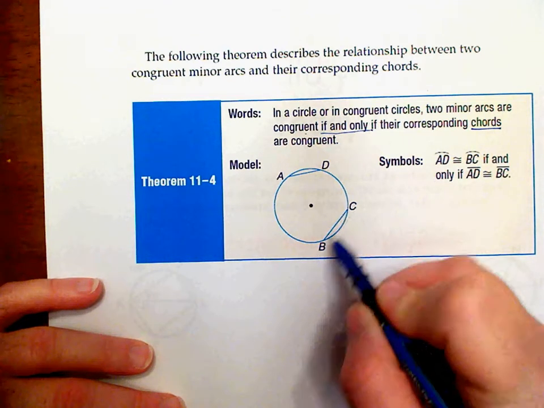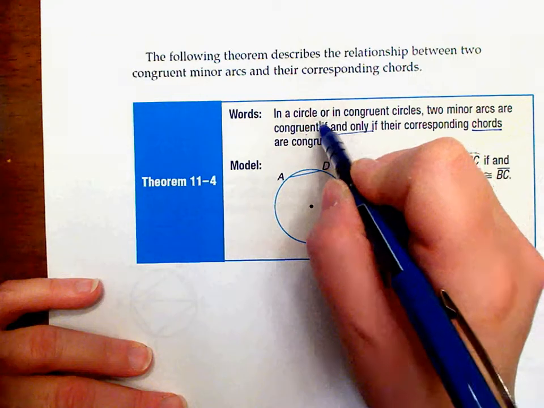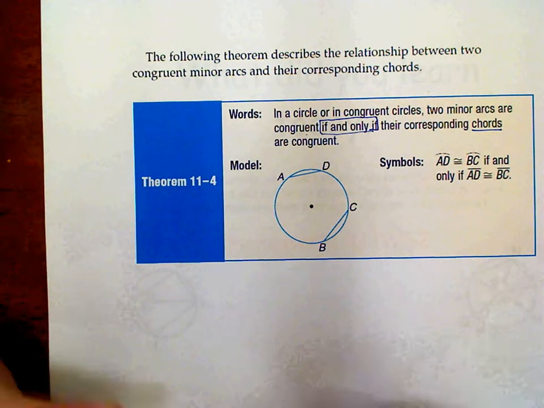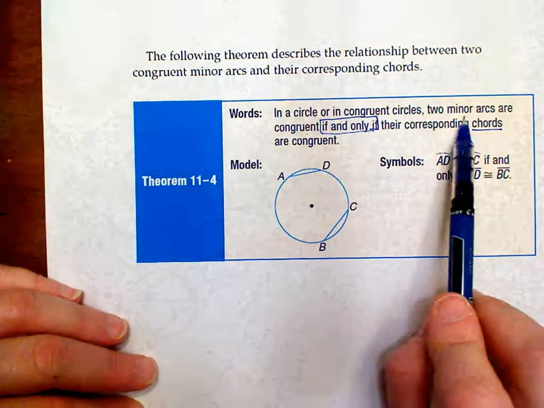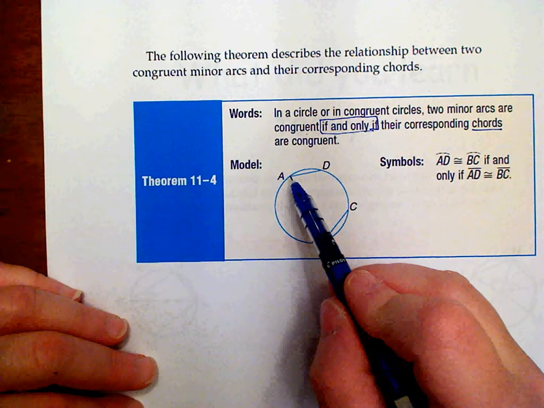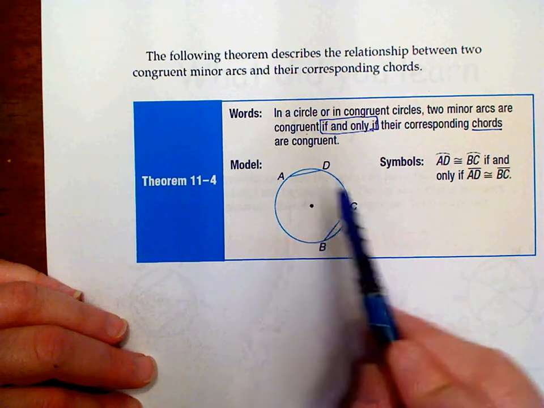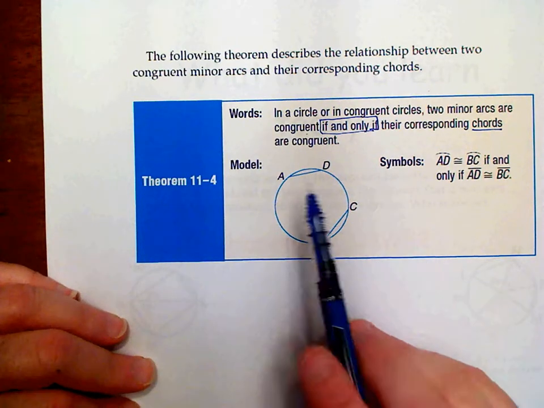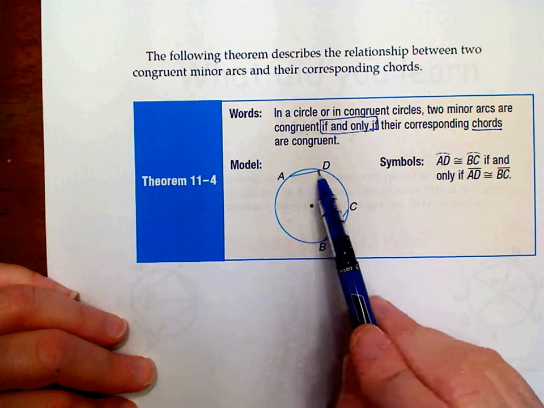If and only if statements we've talked about before are called biconditional. It means the statement goes both ways. It means if you have two minor arcs that are congruent, if these arcs are the same length, then that means their chords have to be congruent or the same length. And vice versa. If the chords are congruent, then those arcs have to be congruent. Remember, congruence is talking about length,